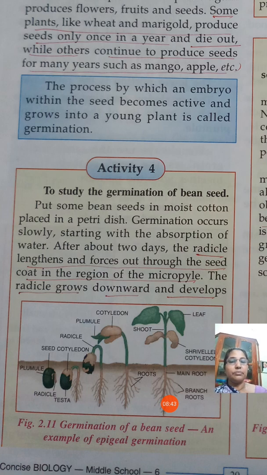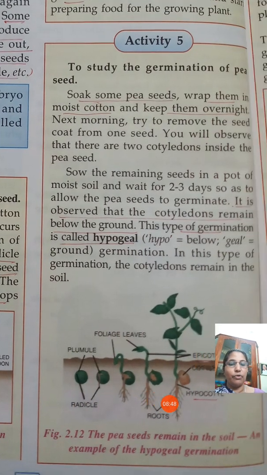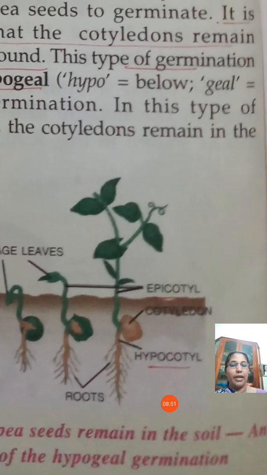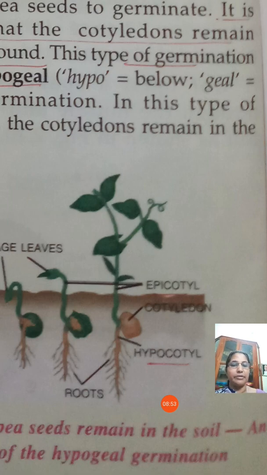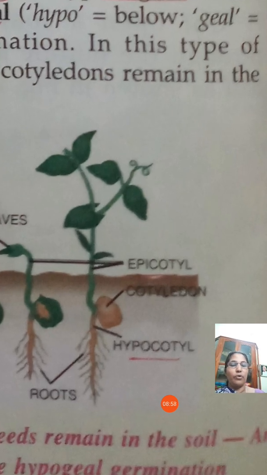Here, how does it happen? There are two portions for a plant when it germinates. When it is a small plant, you can see here the cotyledon of this plant. You can see here a portion known as hypocotyl. That is the portion of the root that is below the cotyledon. That portion is hypocotyl, and the shoot portion above the cotyledon is known as epicotyl.